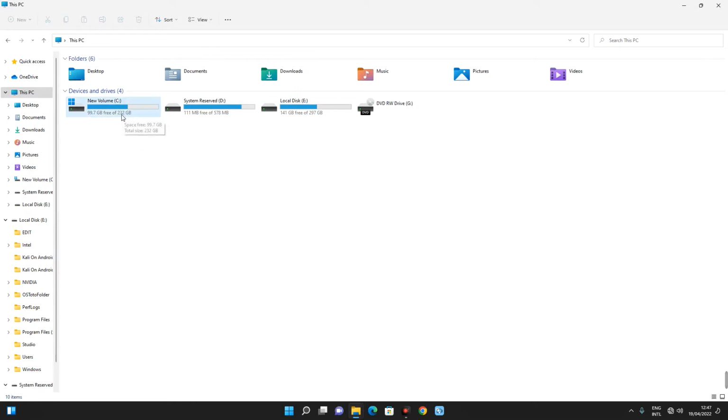So this is my disk 0 with 232 gig storage. This is my disk 1 with 297 gig, and this is a partition from disk 1 which is about 578 megabytes. Now my SSD storage is not visible here and it is currently missing. Now I'm going to show you how to bring it back so it will be displayed among the list of